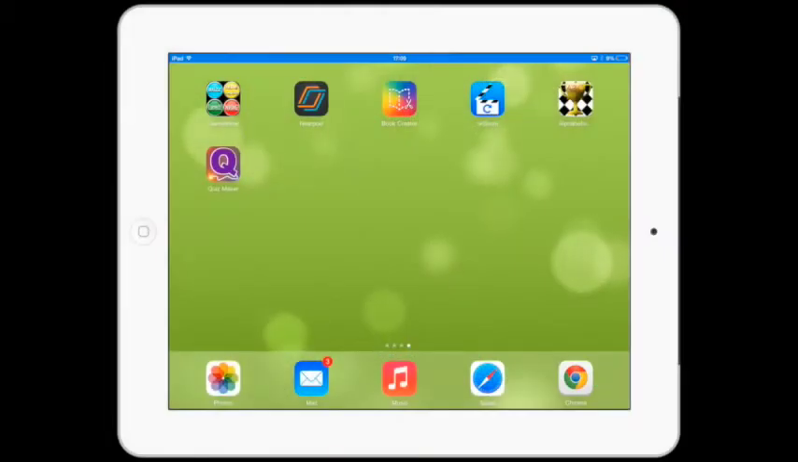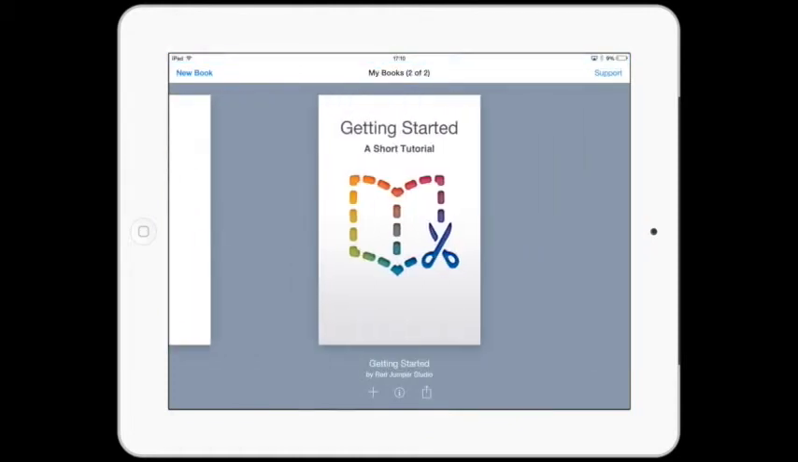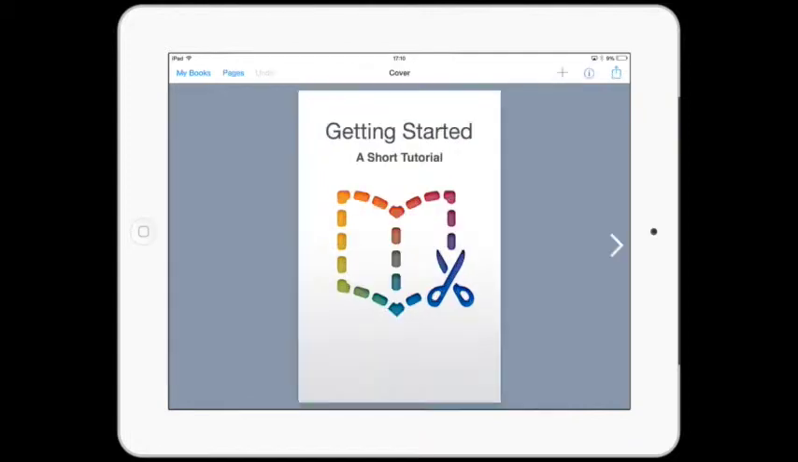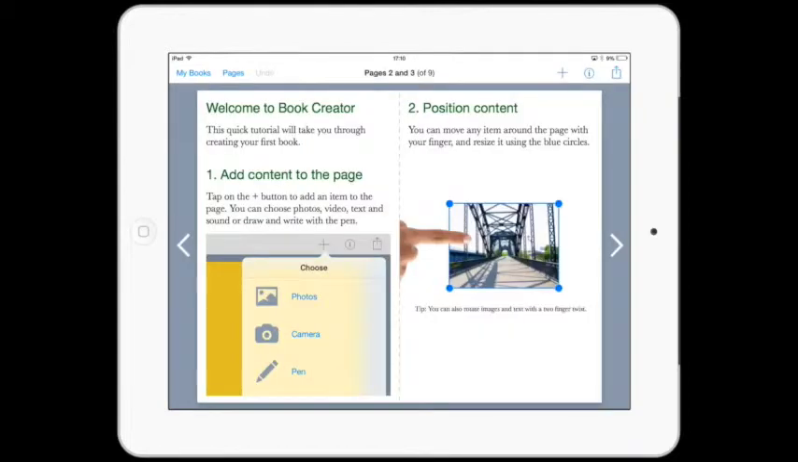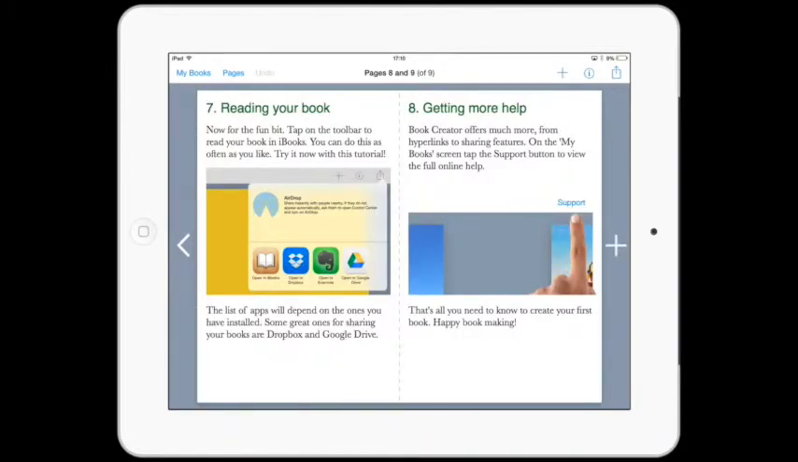Right, okay guys, here's just a quick video to show you how to use Book Creator. So once you open the app, you will see a screen like this, which is the Getting Started booklet. If you click on that to open it, it's well worth having a look through this. It tells you how to do everything I'm going to go through in this quick tutorial. So if you just click the little arrow to flick through the pages, it shows you everything you need